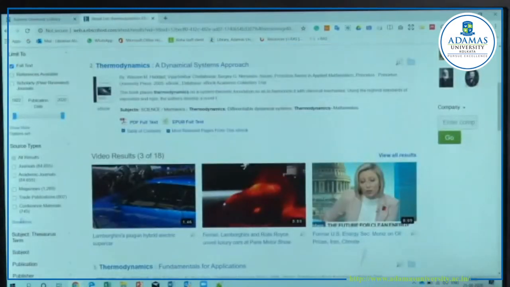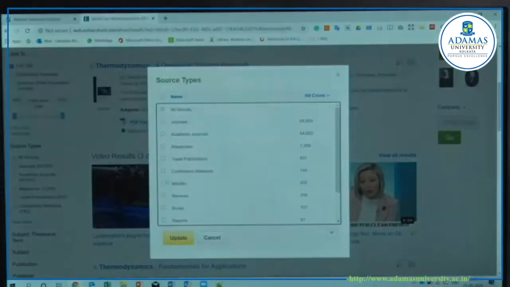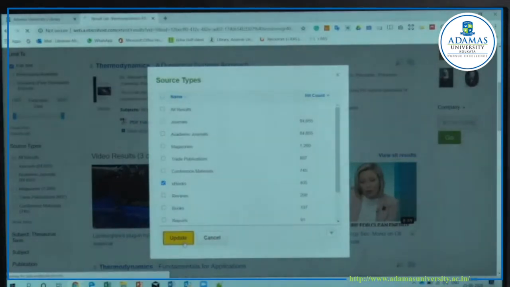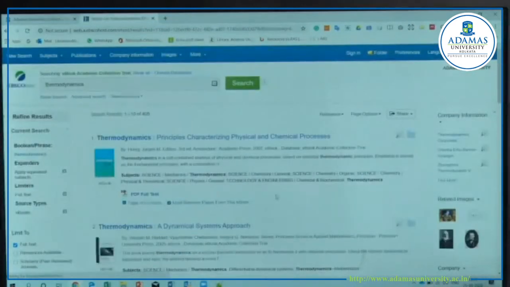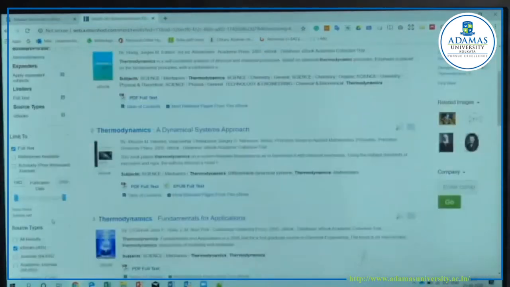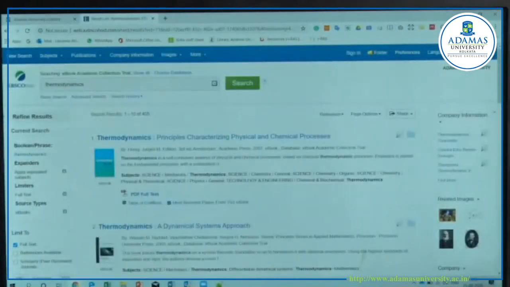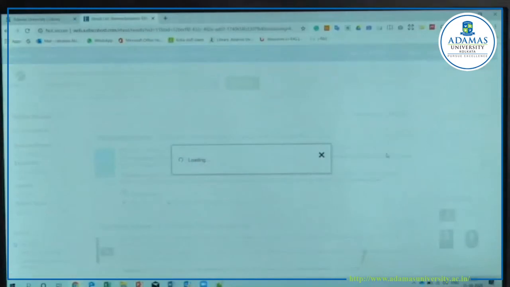Suppose you see here the books button has not come. It is not showing. You just click on show materials and click on ebooks. Now you will be able to see only the 405 books available on thermodynamics. Now you can download that book.